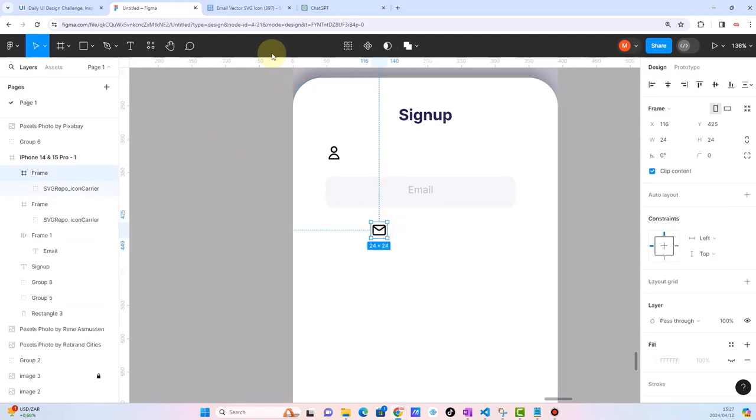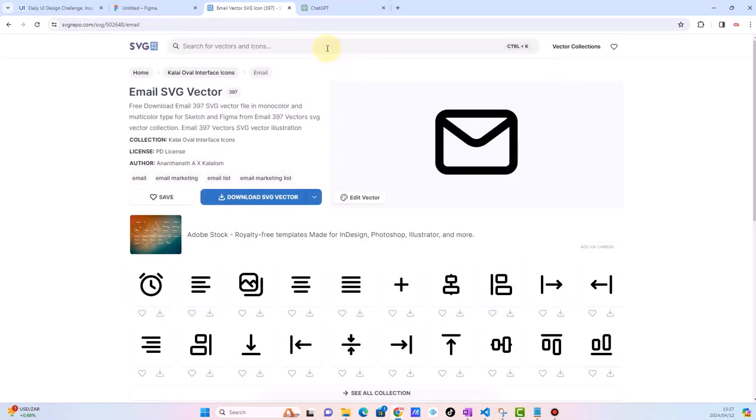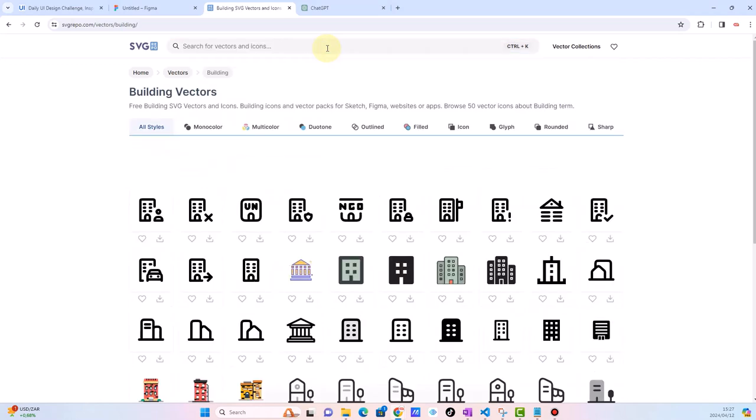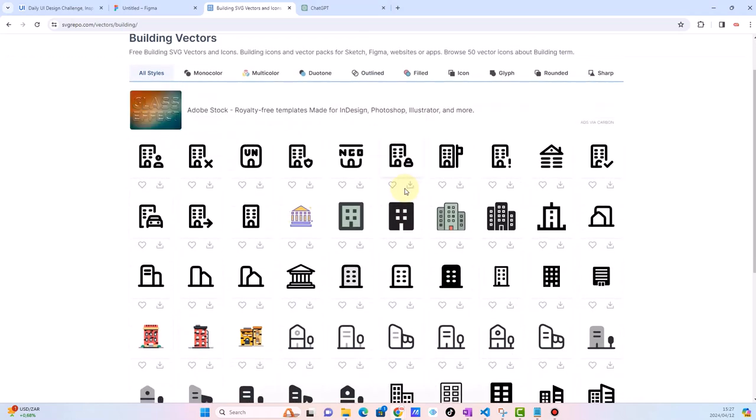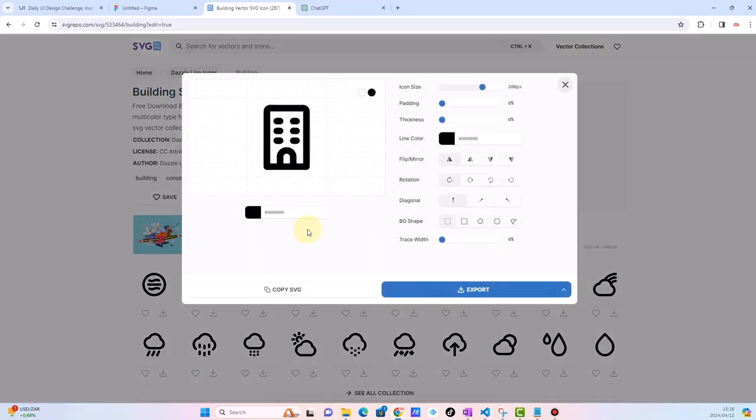And after the email, let's just type building. Which is, I want a building that looks like an organization. I think this one can work. So I think this represents some sort of a company. Okay,